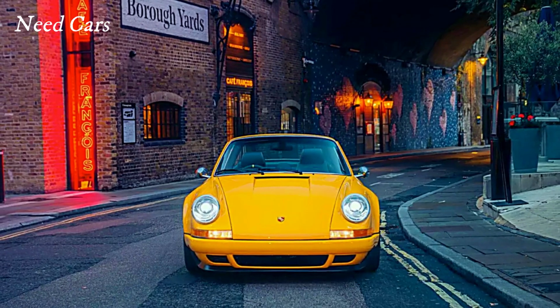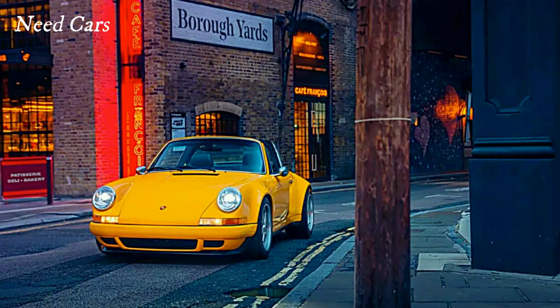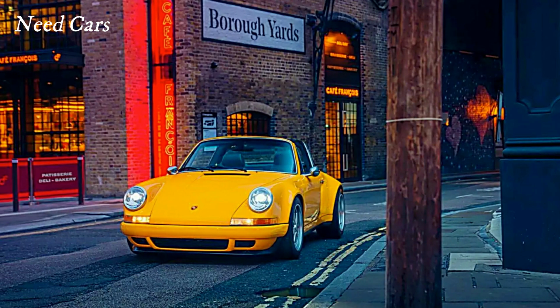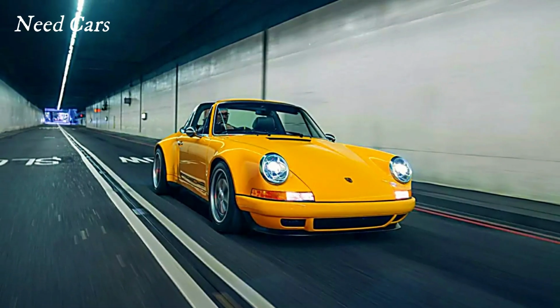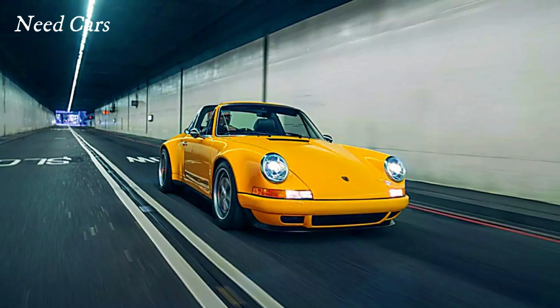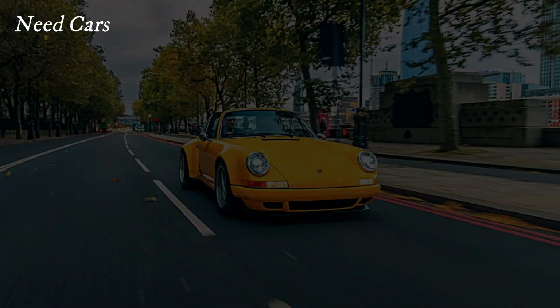Theon's 911 Targa is not just a showpiece, it's a high-performance vehicle designed for serious driving. The lightweight single-mass flywheel enhances engine response, while the precision-tuned suspension and powerful brakes ensure that the car handles as well as it looks. This Restomod is a rare gem that combines old-school charm with new-school engineering, making it a